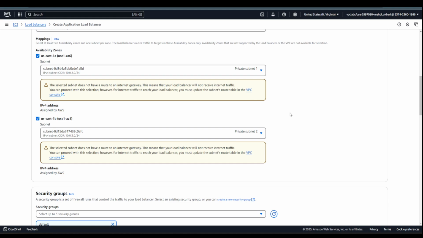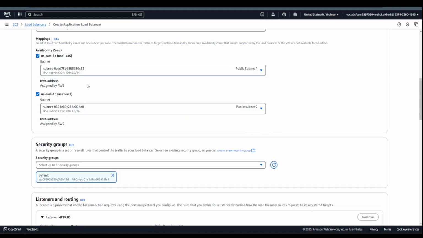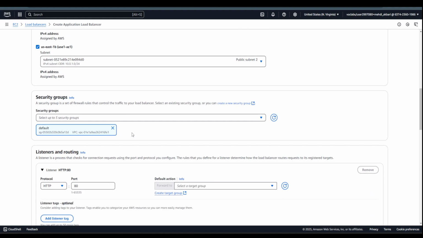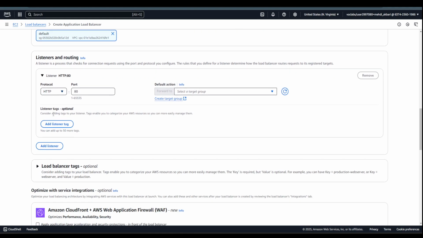And then this is private, public, yeah, I saw those errors. So public, and we are good. So 2 availability zones, 2 public subnets, we are good. For the security groups, we'll check it later to be sure that it has all the required rules. For the listener, HTTP 80 is fine. Let's go to create a target group,